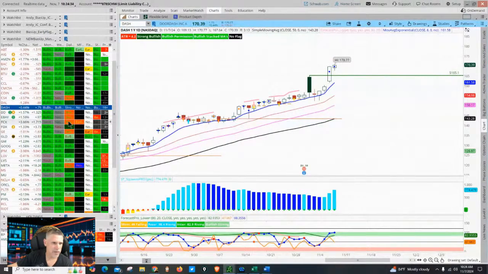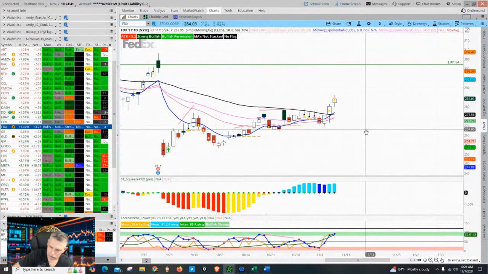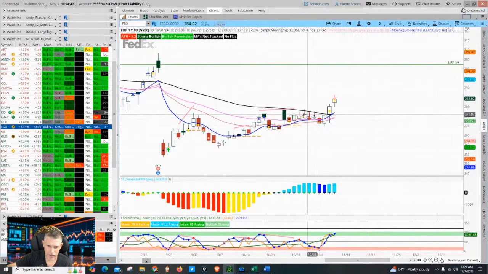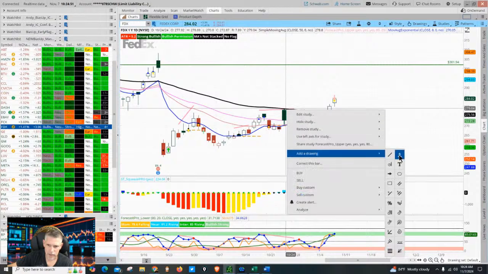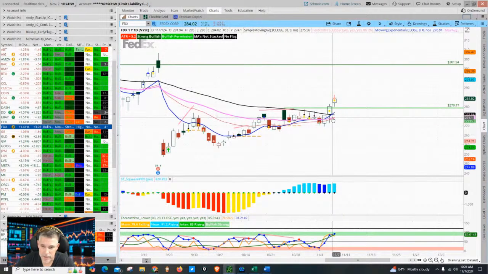We're going to skip. FDX. Oh, shit. Black squeeze. FDX, bias up, black squeeze. Actually, yeah, it broke out yesterday. Did y'all see that? Broke out yesterday, following through. Right? Now, squeeze. Is it a high or low probability?